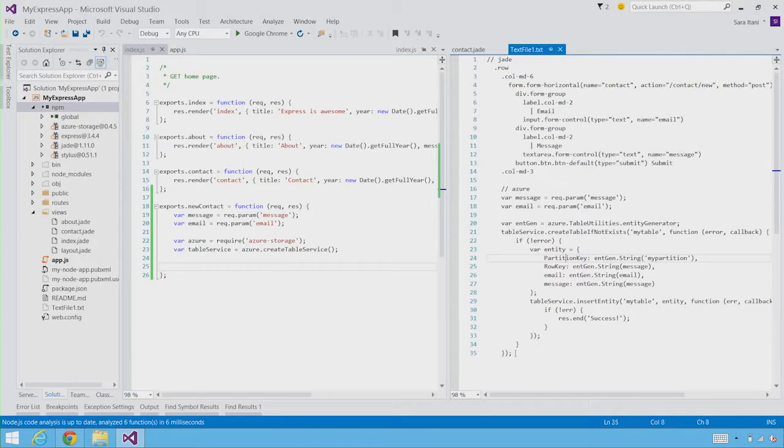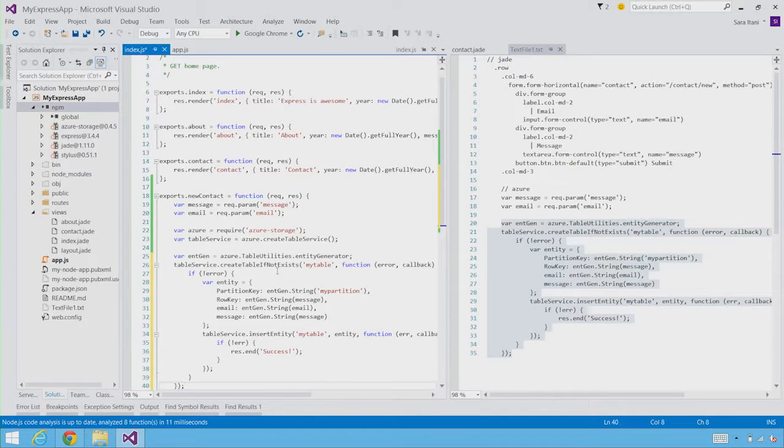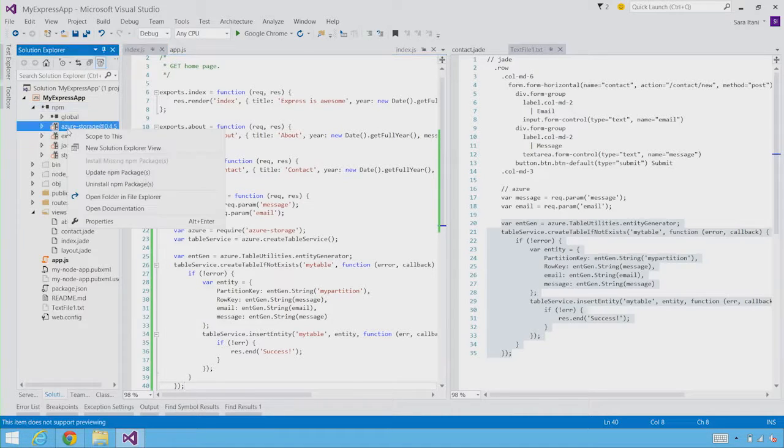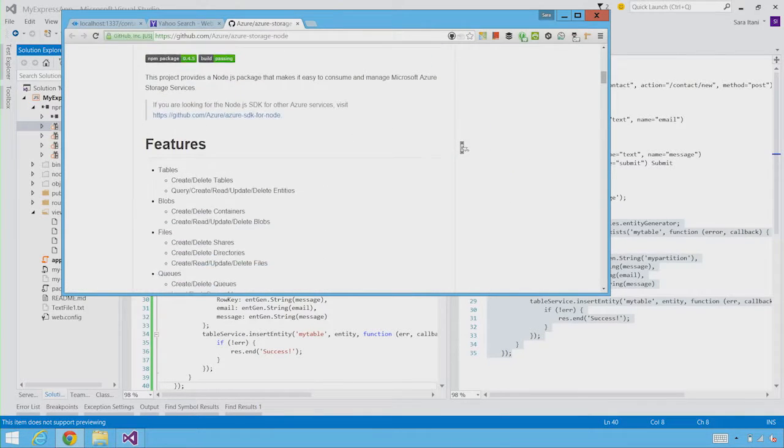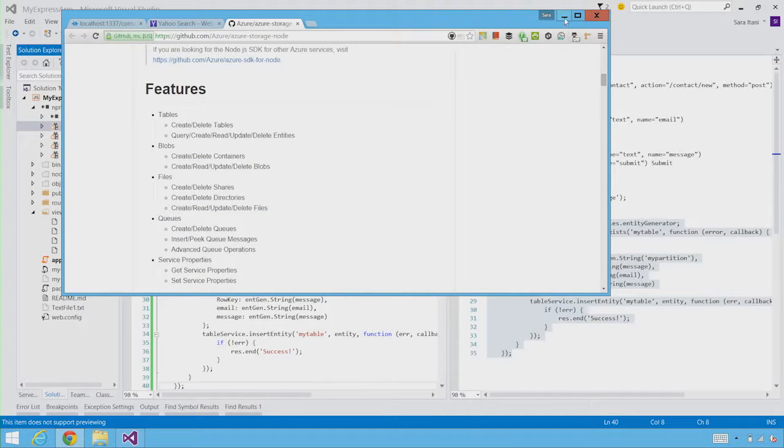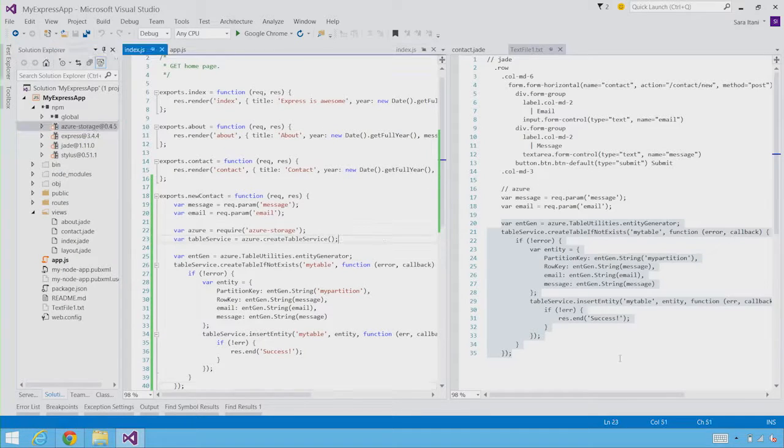I already have some of it prepared, and this is just some code to actually go ahead and create the entity and stuff like that. If you want to learn more about it, then you can actually right-click on the Azure Storage NPM node and select this new Open Documentation command, and that makes it really easy to deal with new packages that you're using and understand what they're doing. So now, when we actually run the code,